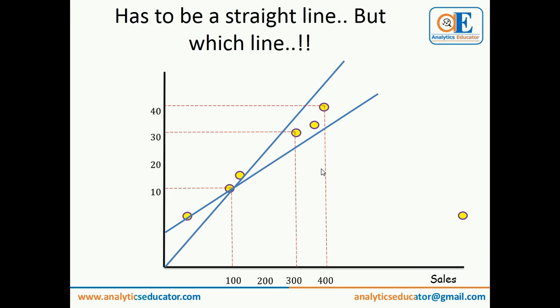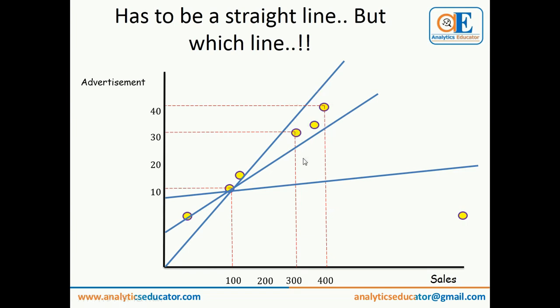So what is the ideal scenario? Can you tell me? If the line has passed closer to the data points, that is better, or if the line has passed far away from the data points, that is better? So my trend line closer, absolutely correct. But now in these two lines, or if I draw a third line, is it possible just by looking at it to tell which line has passed closer to the data points? Not very easy, right? So we are not going to do it in this way.